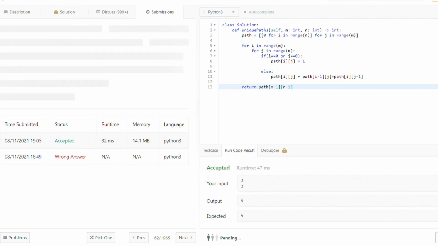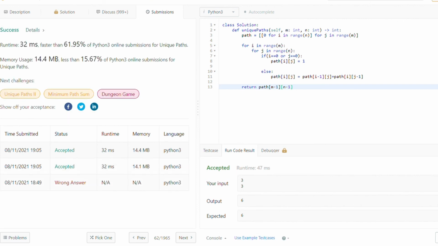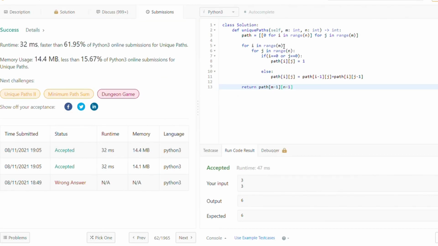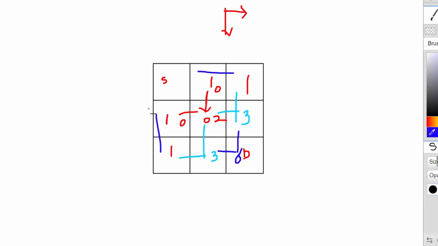One thing more that you can do to optimize this solution is you can make it a little bit more space optimized. How can you do that? So here I am actually using an m cross n matrix, but one thing that you'll always notice is that for any given point you only need the value of its leftmost point and the topmost point, right?